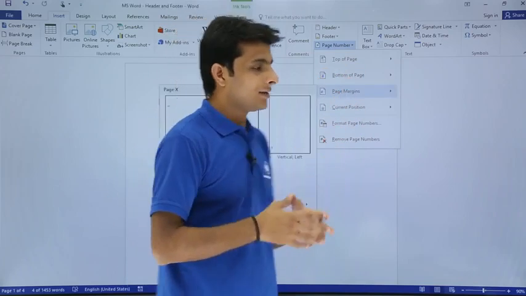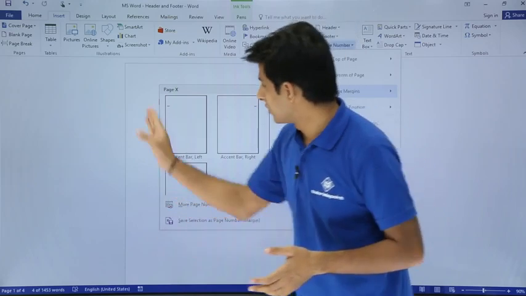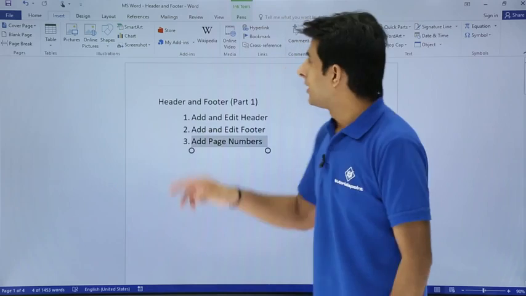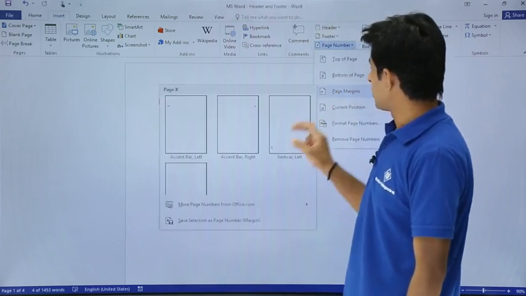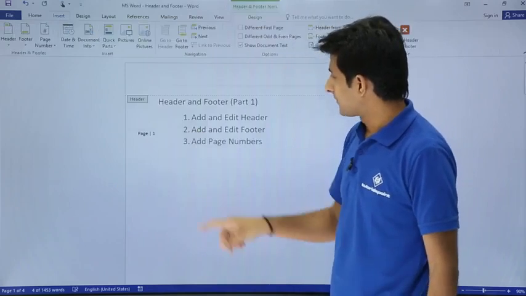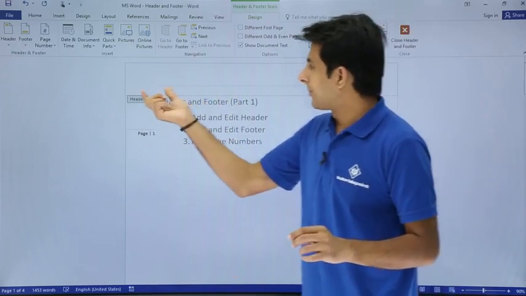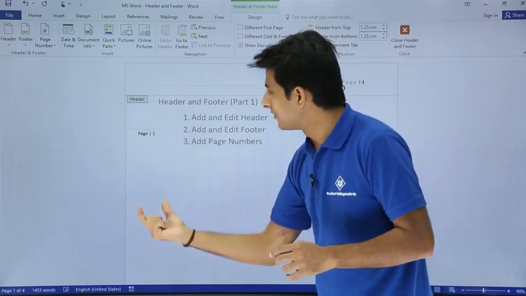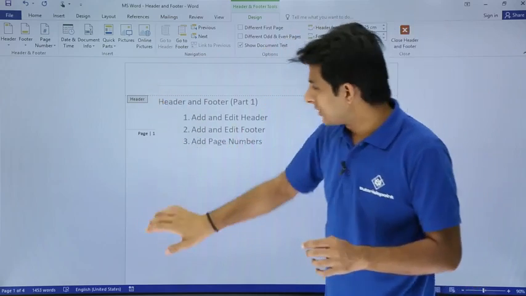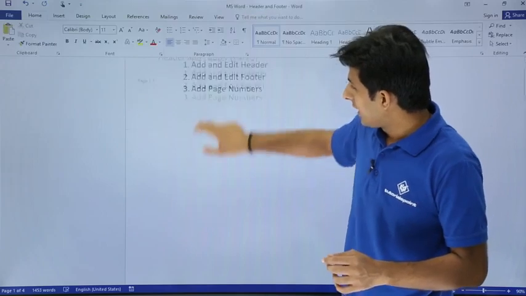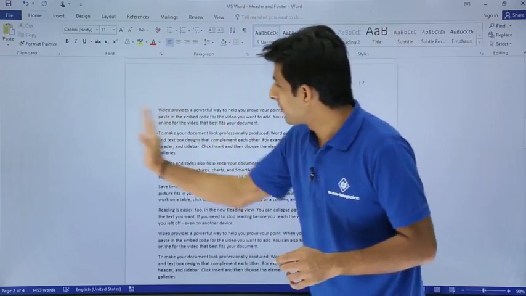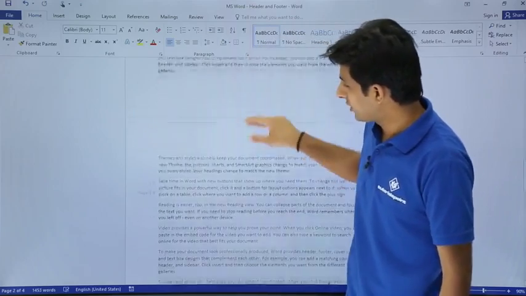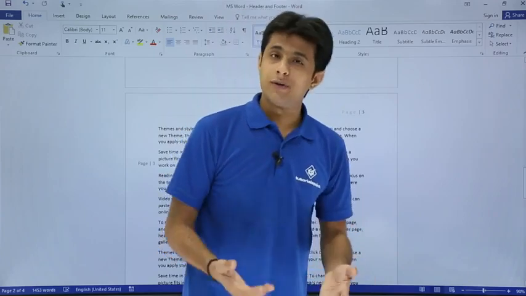If you want to add the page number into your margins, so this one, that's the left margin of your page. If you want to add it there, you have to go to this Page Number, Page Margins, and select, let's say, this one. Now if you observe, the page number earlier was added into this header itself. Now the page number is added in this margin, see there. I'll just double click outside, and if I scroll down, you see it is the margin, not the header or footer, it is the left margin. So page 2. Similarly, if I go down, it says page 3. So this way page numbers can also be added to margins.